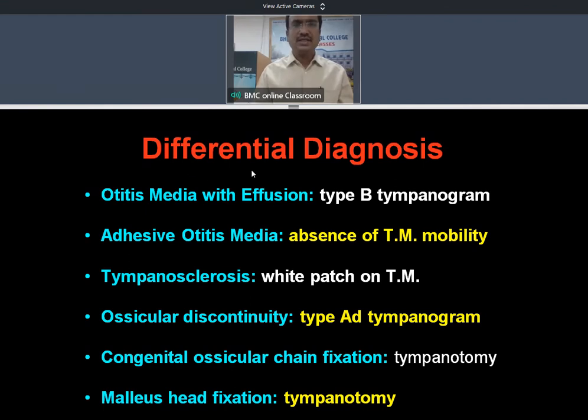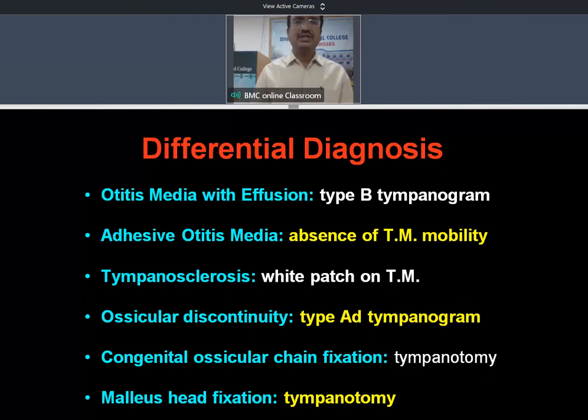So this is nothing but serous otitis media or blue ear. If there is a problem in the eustachian tube, there will be accumulation of fluid in the middle ear cavity. Then they'll have the conductive type of hearing loss. But you can differentiate from otosclerosis by doing impedance audiometry. Just now I told, if you do the impedance audiometry, the type B tympanogram will be seen if there is a fluid in the middle ear cavity, but it is AS type if there is otosclerosis.